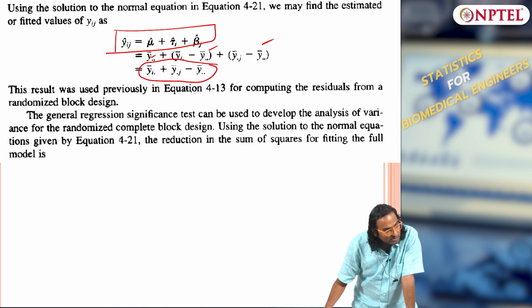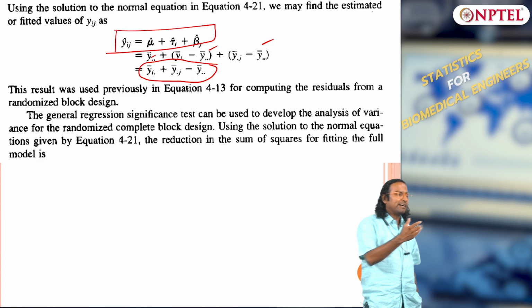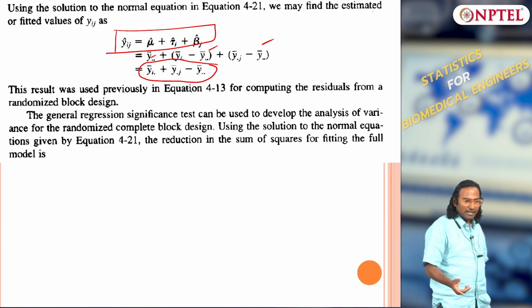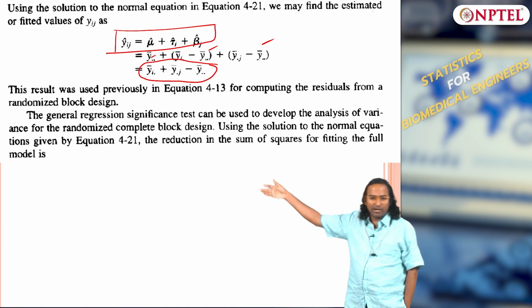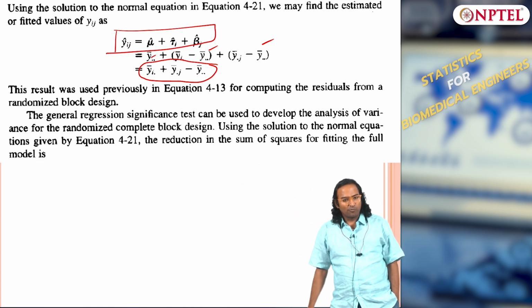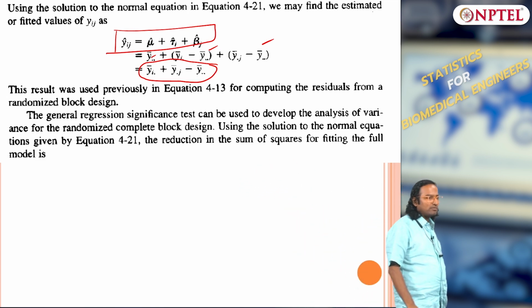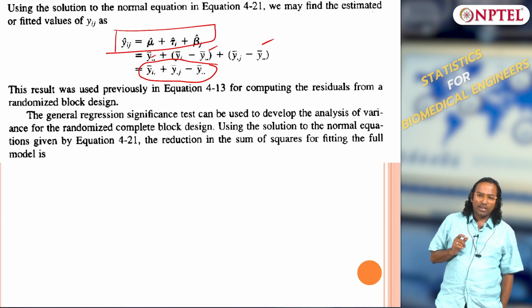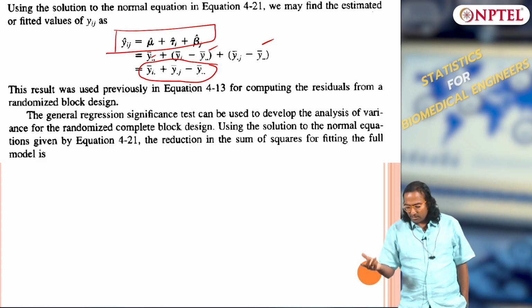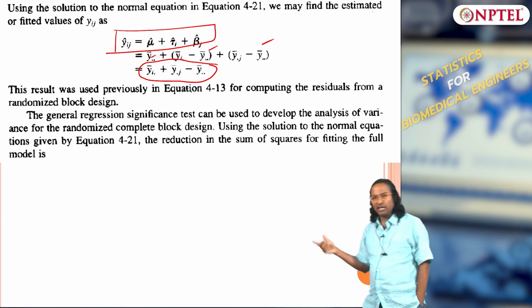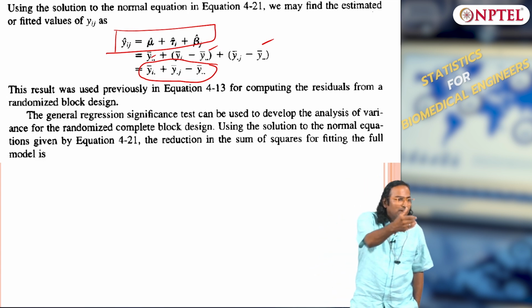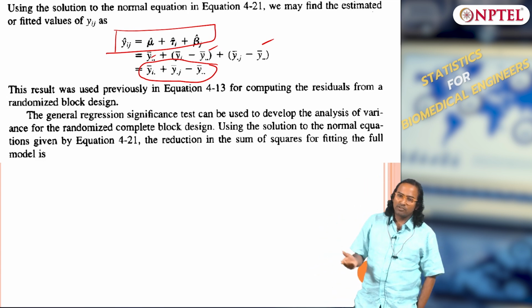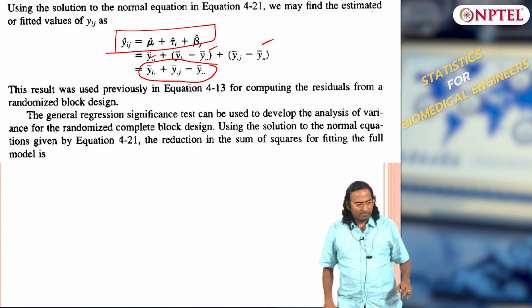So this is what you have as your next predicted data point, because you are fitting a model, right. Once you fit a model, you should be able to predict the next data point. If you substitute your estimates, the model is mu hat plus tau i hat plus beta j hat. You can substitute your estimates from least squares and use it for prediction. Remember, we use least squares for prediction; we can do the same here.